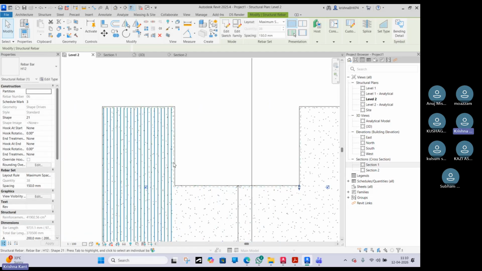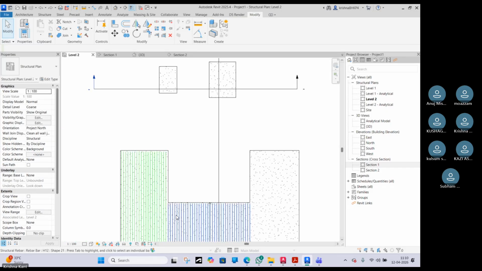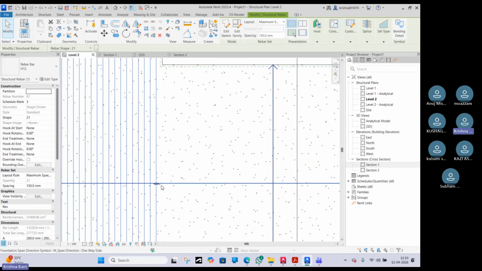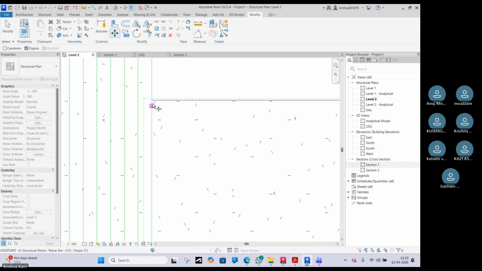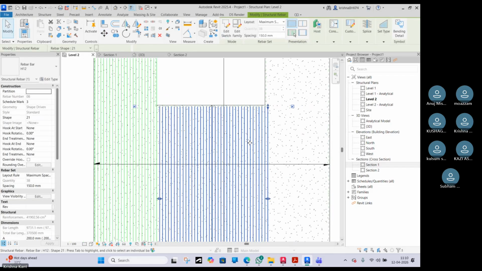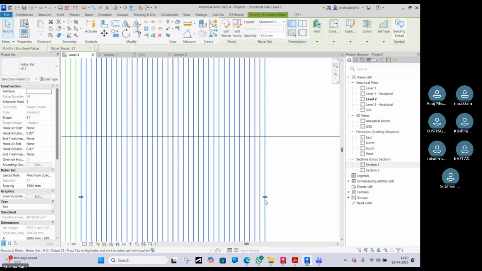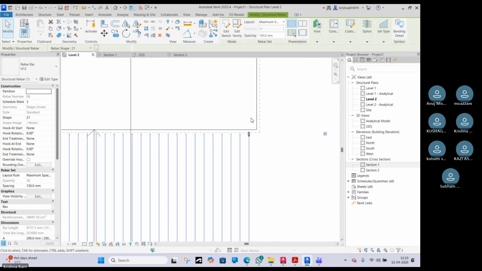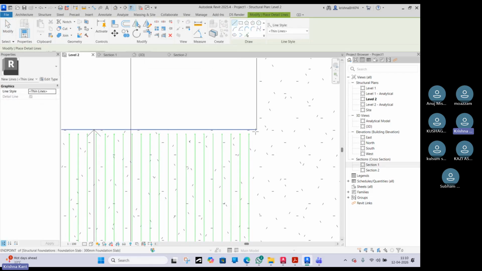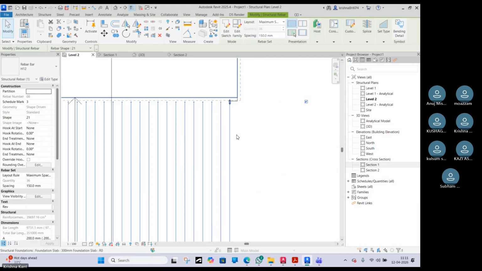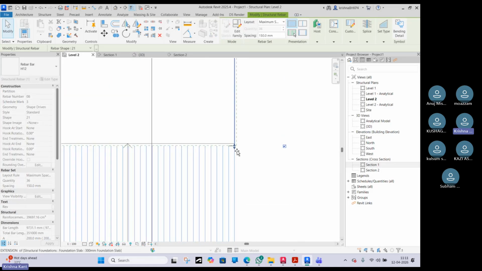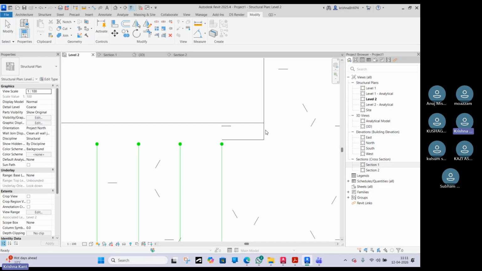Now, one issue is here. This you can provide from this end up to this end only. This rebar you can move it 6 inch away from this corner, 150 mm away from this corner. Okay, and draw a small detail line so that you can measure the 6 inch from this, or 150 mm. Why I'm drawing it? So that you can bring the other edge perfectly on this,